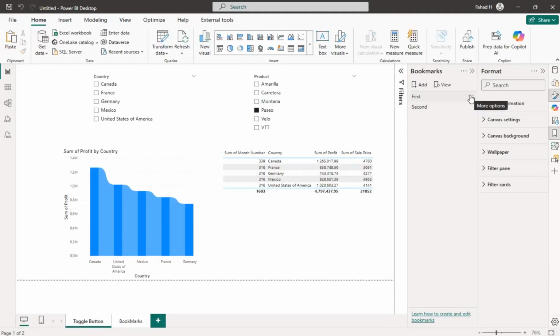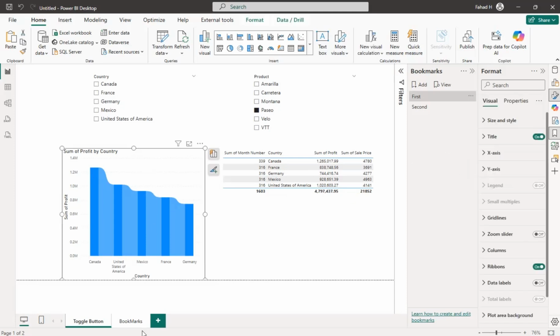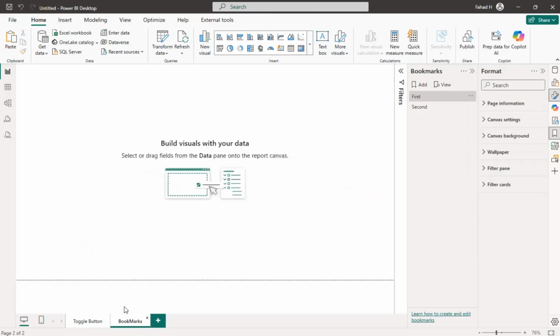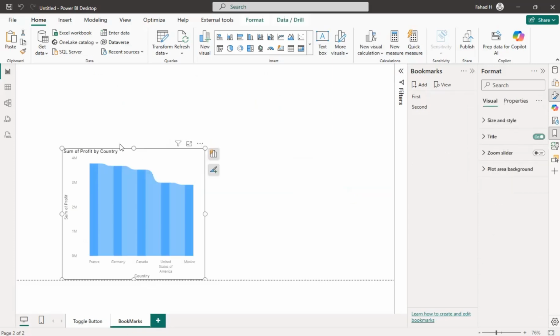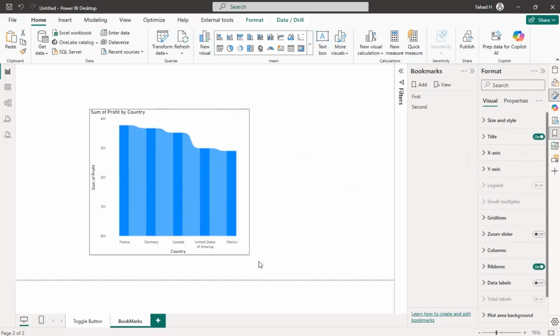Now the other option is called current page here. What's the meaning of current page? It means that this bookmark is applicable only for the current page. Let's see the scenario in which we understand the concept of current page. For example, I copy that ribbon chart, come to the next dashboard page, and paste it over there. After this, I enlarge this one